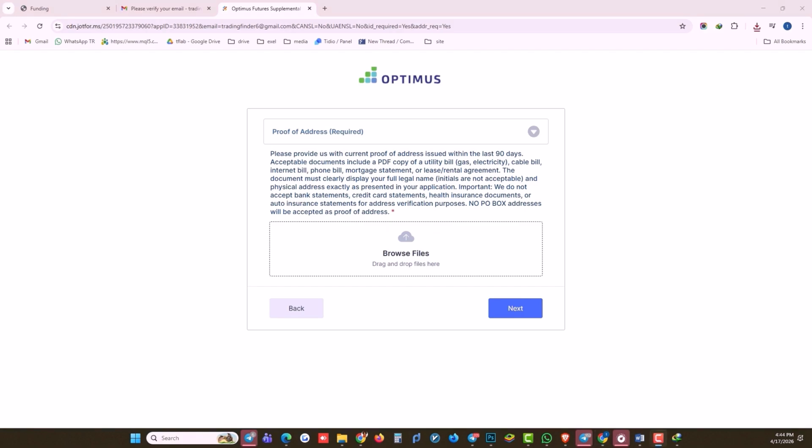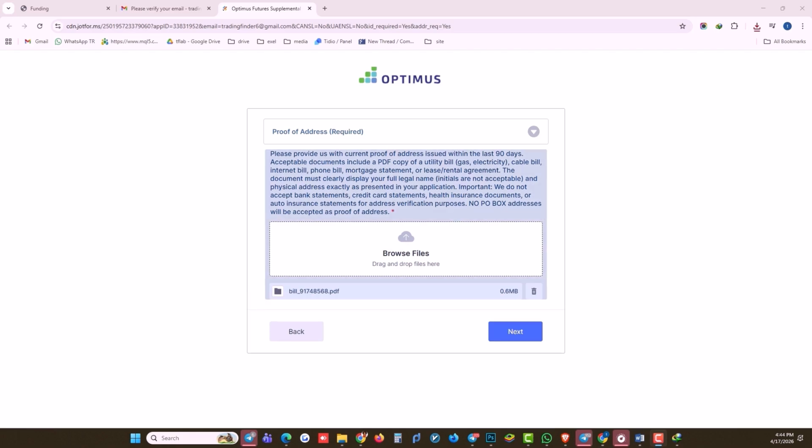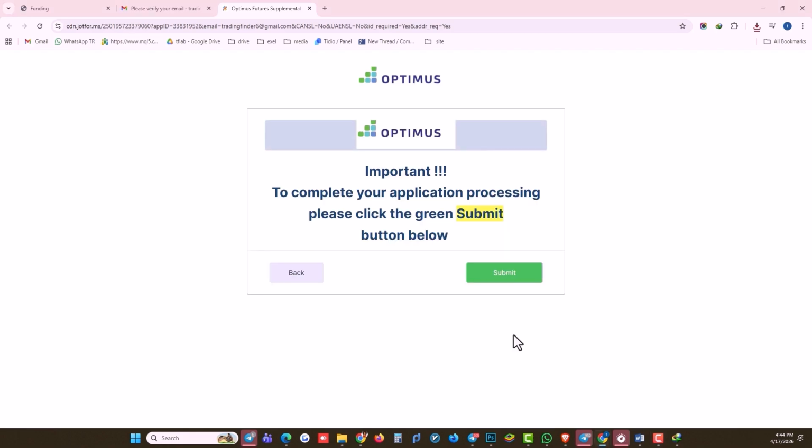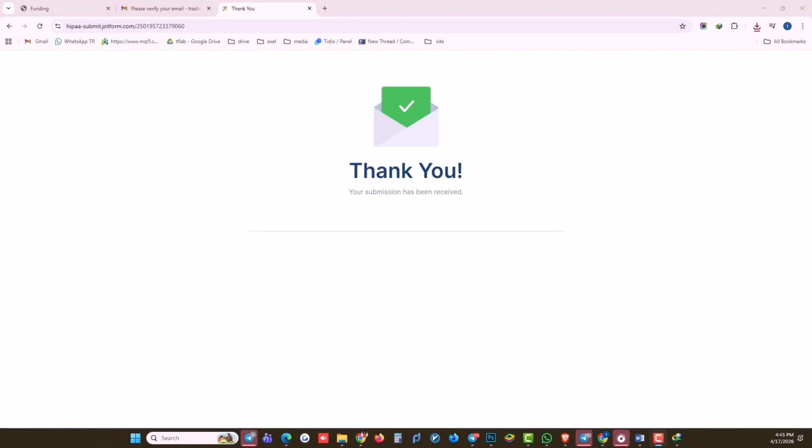In this section, a residency document from within the last 90 days must be uploaded in PDF format to register the address. We select the next option. We've completed the steps. Now we select the Submit option. Our request has been registered and received by the broker, and we will certainly receive a response via email once our documents are reviewed,